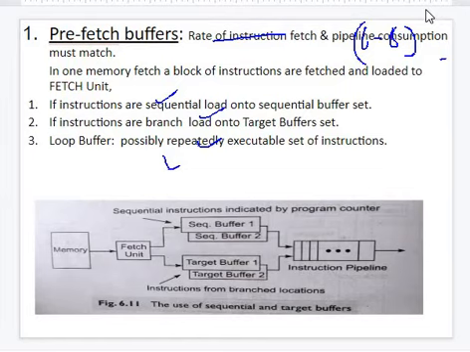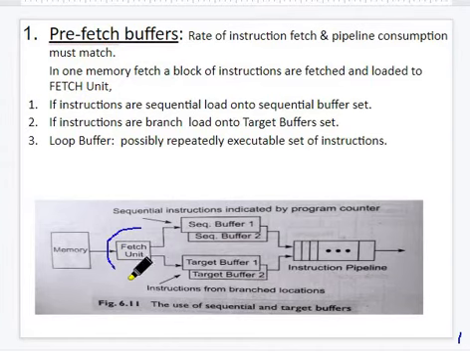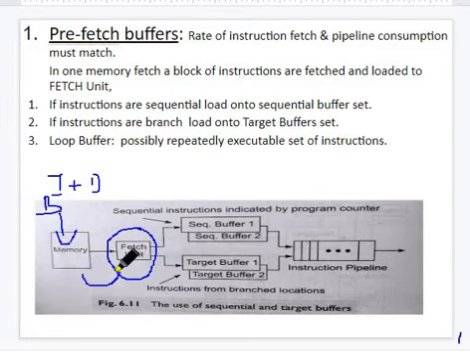What do you mean by prefetch? Prefetch means here there is a fetch unit. Let me explain the diagram first so that you get the concept easily. There is a memory, meaning bulk, a huge size of data or instructions. Take the relevant instruction plus data combination. From the bulk, a related part of the instructions will be loaded. From here we have to make two decisions.